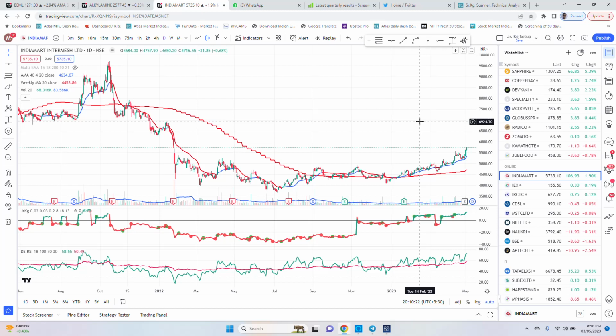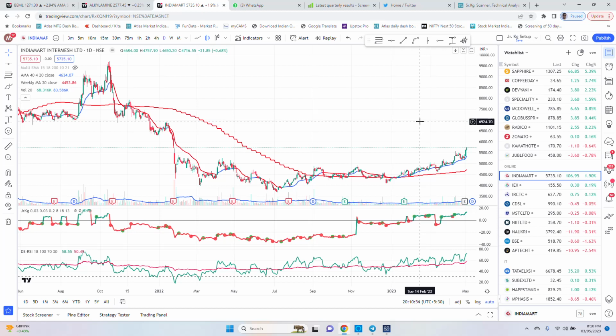So stage one is basically the consolidation zone, then stage two, where the actual rally will happen, where the entire trend will happen, then stage 3, which is basically called distribution, where all the people who have purchased this stock, mainly the big people, will start distributing the stock. And then stage 4 is basically the downtrend of the stock,